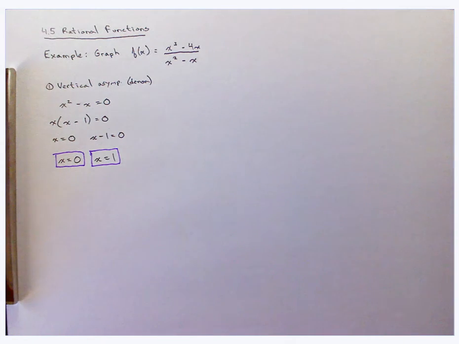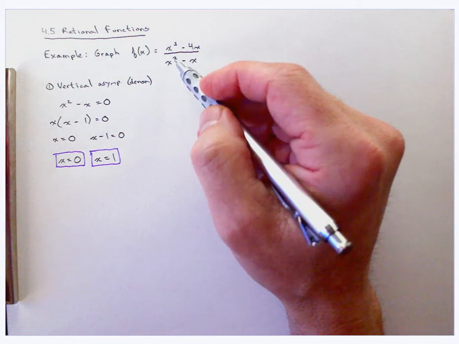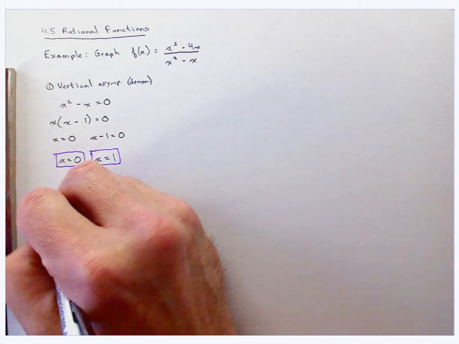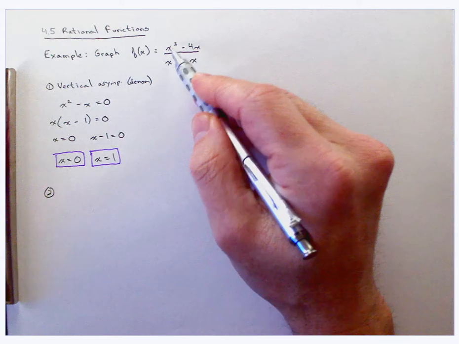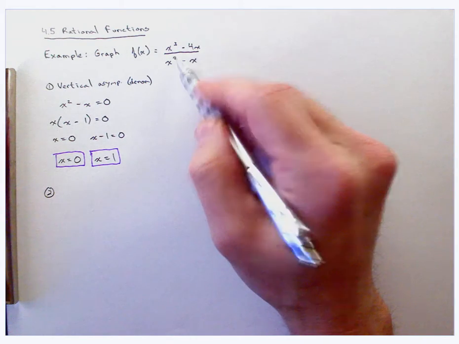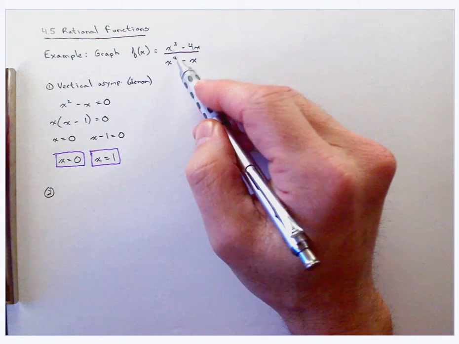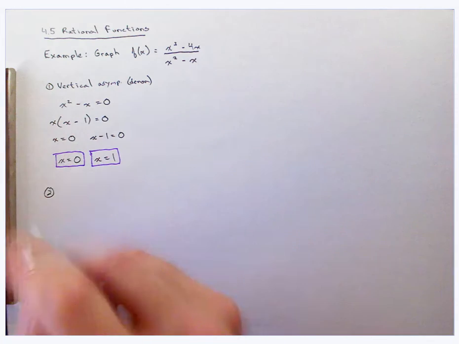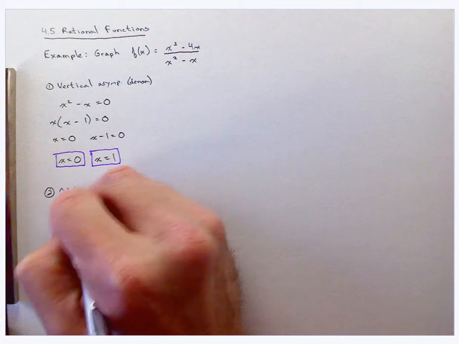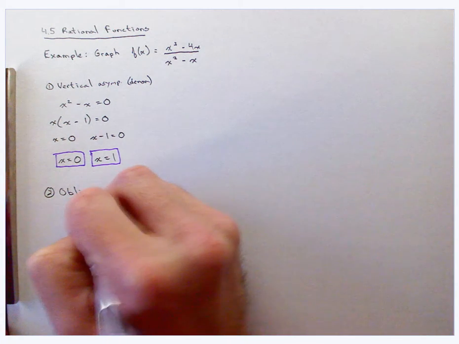Next, I look at the horizontal asymptotes, and there are none. There are no horizontal asymptotes. Remember rule 3. But there is an oblique asymptote because the degree of my numerator is 1 greater than the degree of the denominator. So for my oblique asymptote,